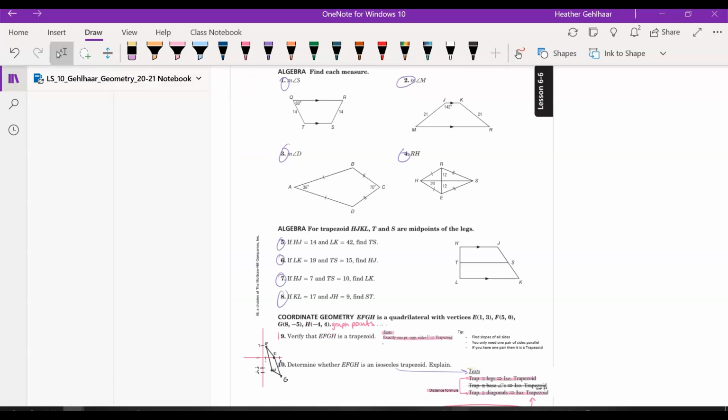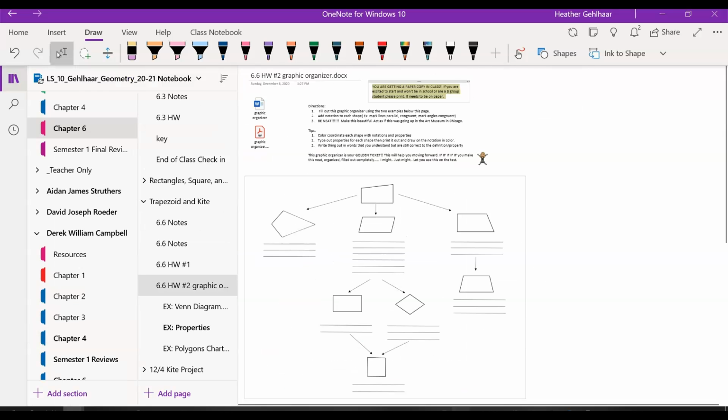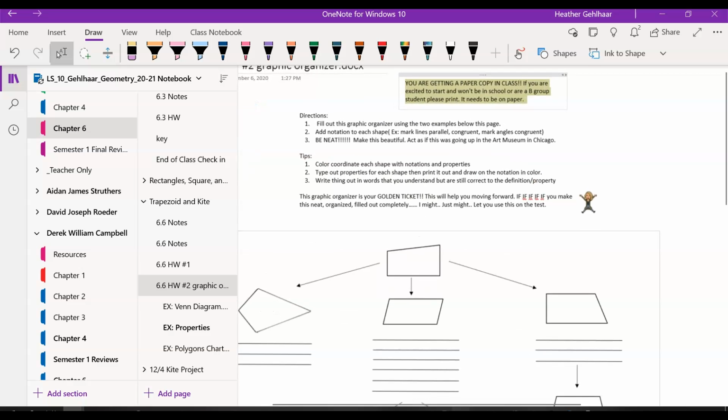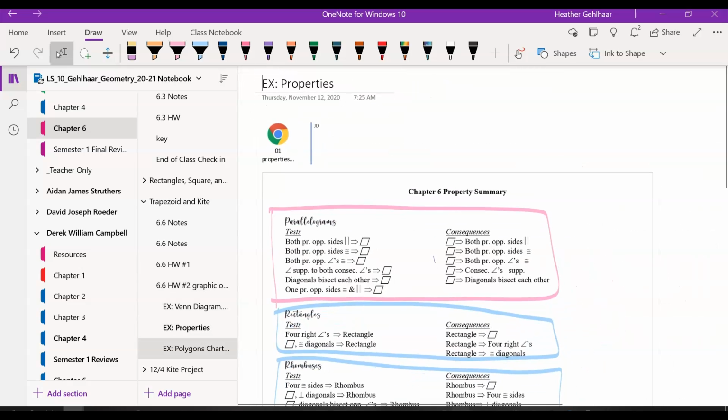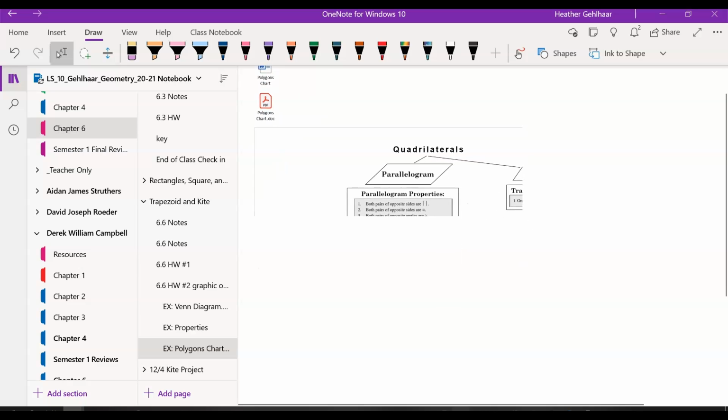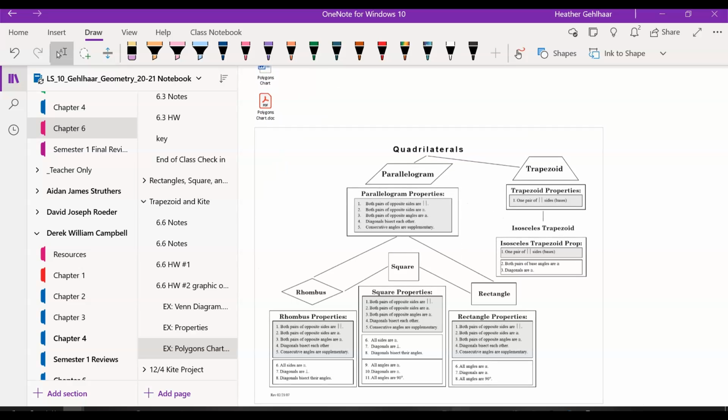Then the next part of your homework is this lovely graphic organizer. Please read these directions on top. You're going to fill this out beautifully. You're going to use these examples that I have attached as a reference for what to put under each shape. So if you have any questions,